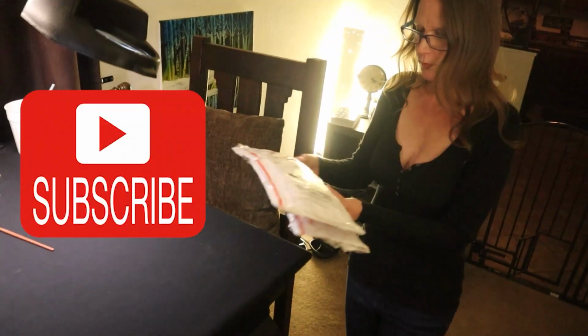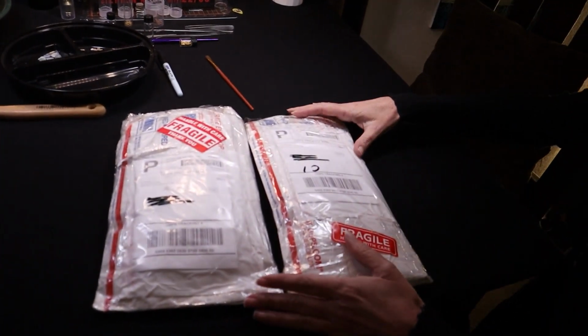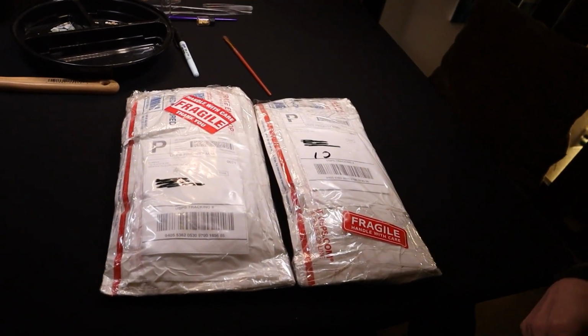All right, and here is what we're talking about. You want to go ahead and grab the packaging? So, first thing I want to point out that you might notice is 100% the exact same kind of packaging,